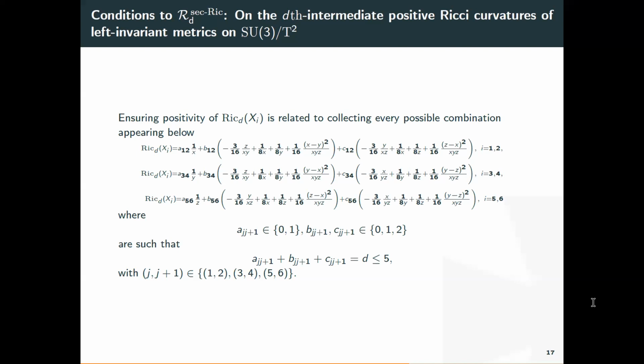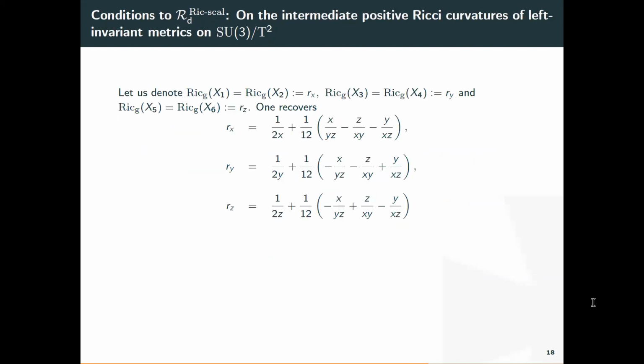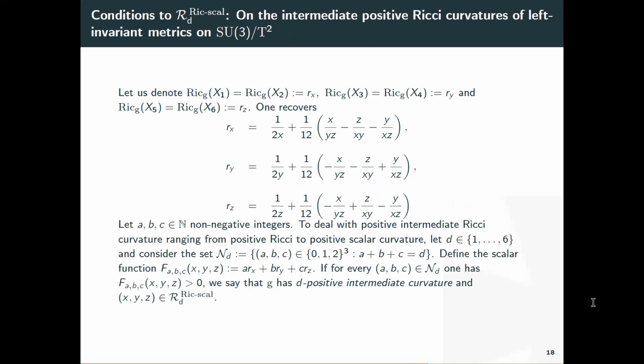And the point is that the problem became very, very combinatorial from sectional to Ricci, and from Ricci to scalar, we could just compute these Rx, Ry, Rz. These are the eigenvalues of the Ricci tensor. And then the conditions are very, very combinatorial. So this is an interesting point about this homogeneous space, especially flag manifolds, because everything can become very combinatorial. And this is something that we have used.